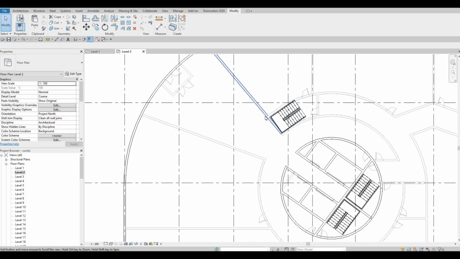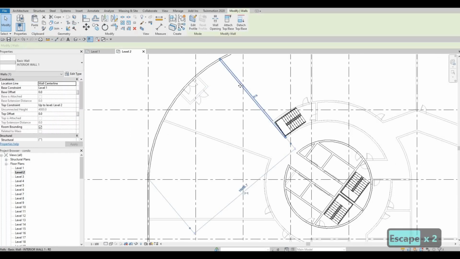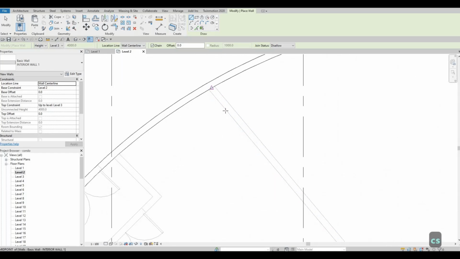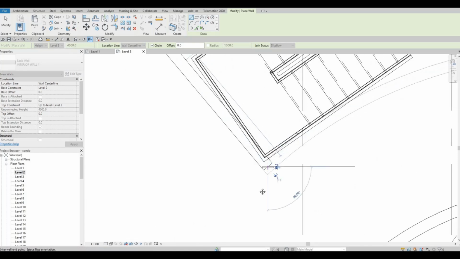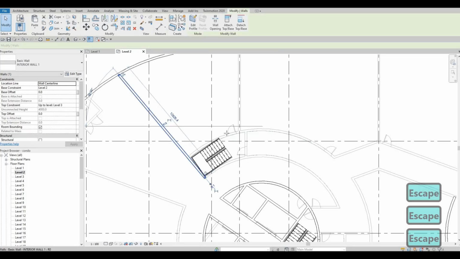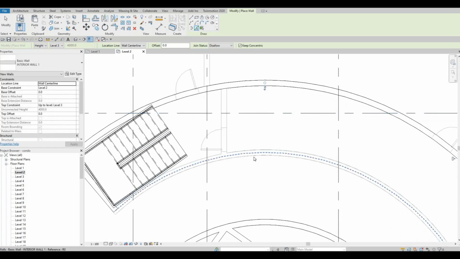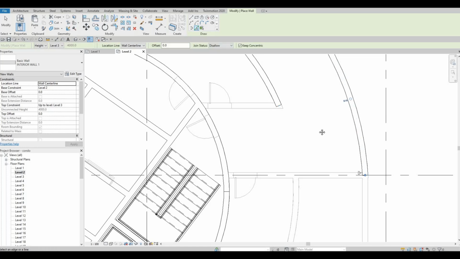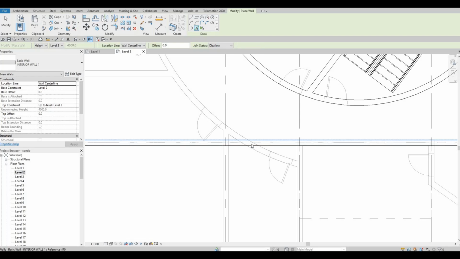So now what we could do is we could just CS and then just follow whatever's below, like that. And then anything that is circular, you need to pick line so that you will follow everything below as well. So as you can see,